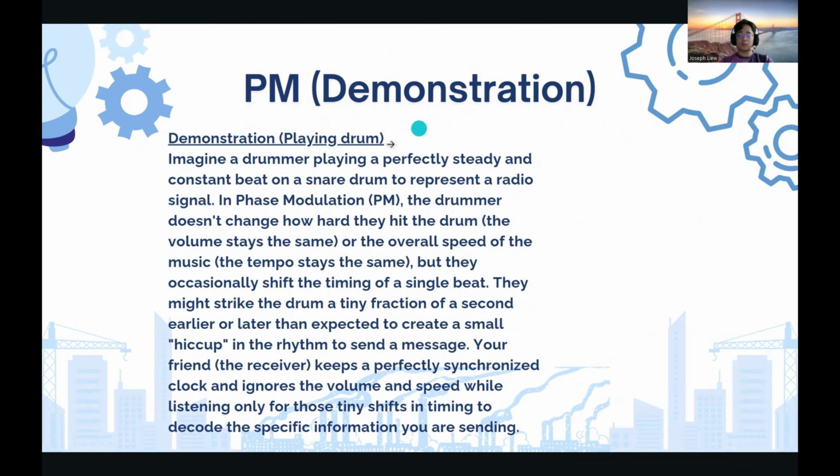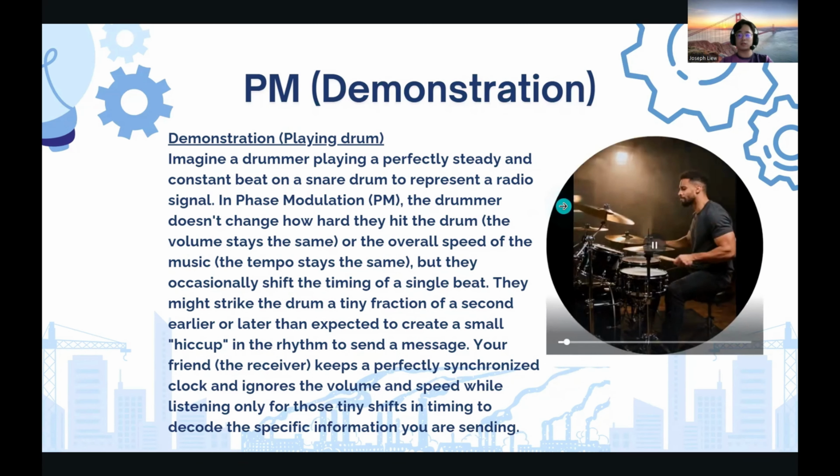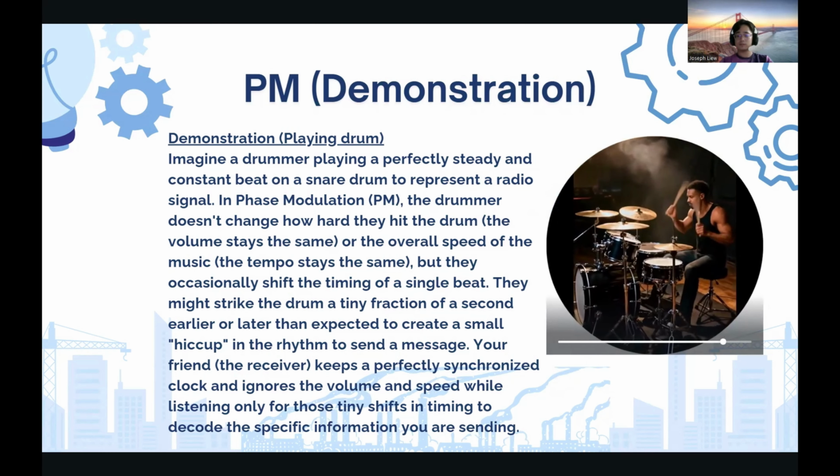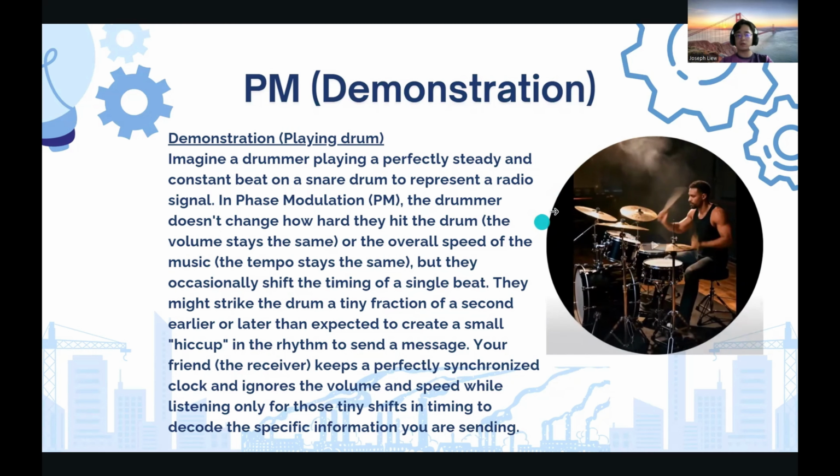So now for the demonstration, imagine a drummer playing a perfectly steady and constant beat on a drum to represent a radio signal like this. So the drummer is playing the drum with a regular and constant beat. In PM, the drummer doesn't change how hard they hit the drum or the overall speed of the music, but they occasionally shift the timing of a single beat. Maybe they strike a bit earlier or later than we expected to create a small hiccup in the rhythm